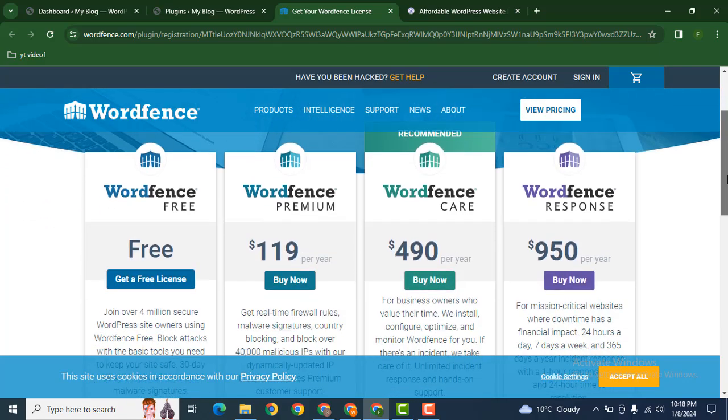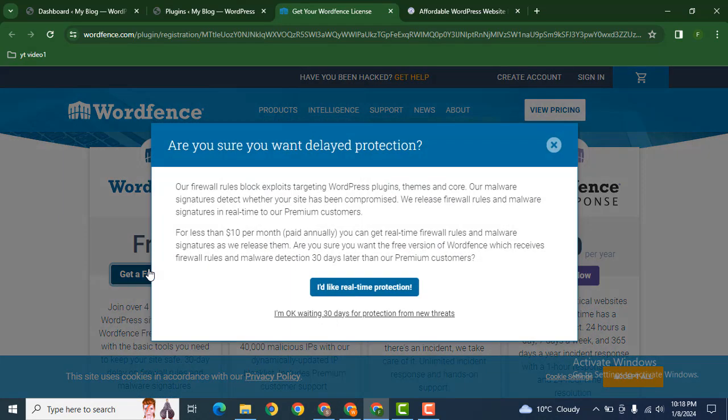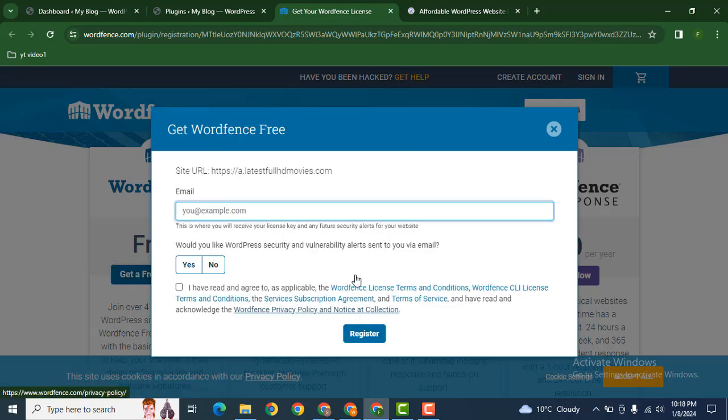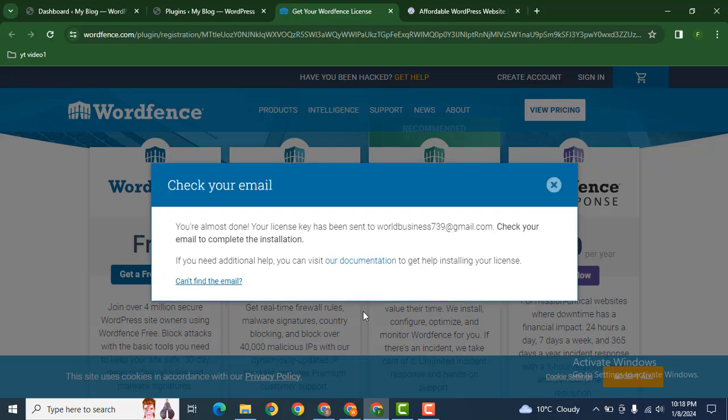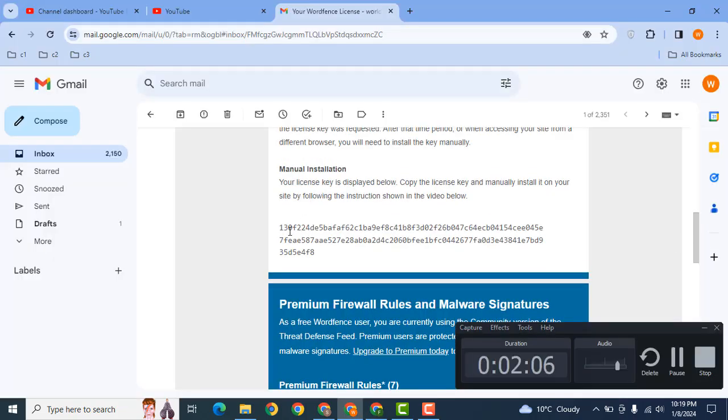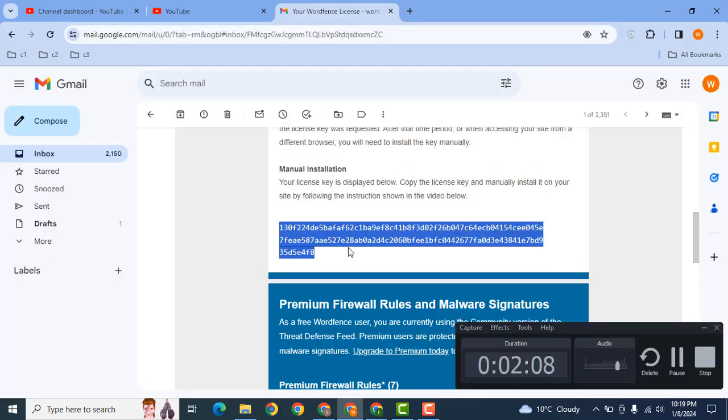Now here you can see these are the packages. Click here to get a free license. So just here you can add your own email address. Okay, here you can see license key has been sent. So now we can copy this license key,